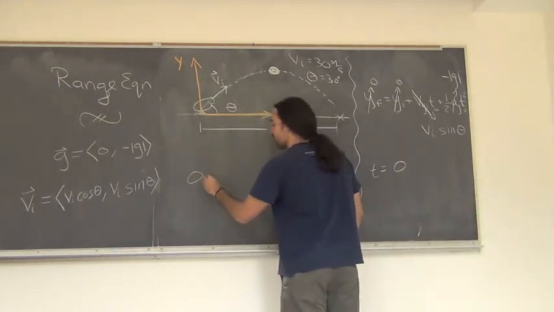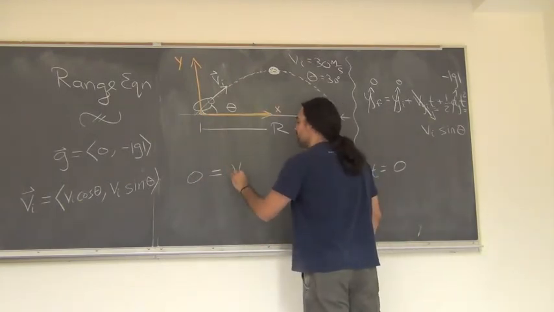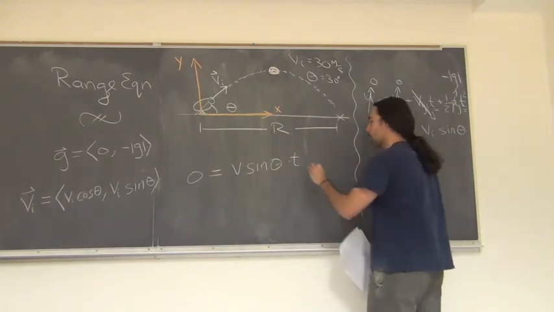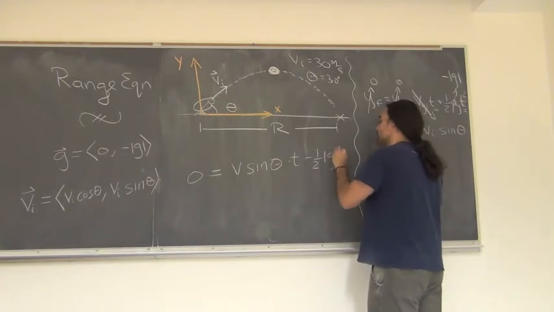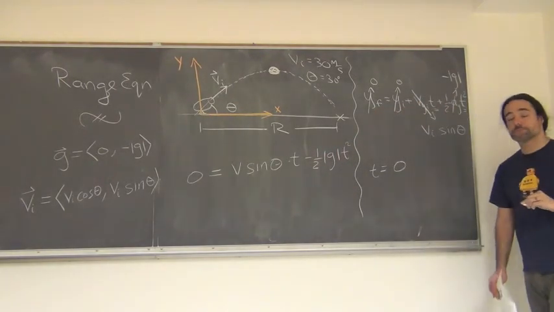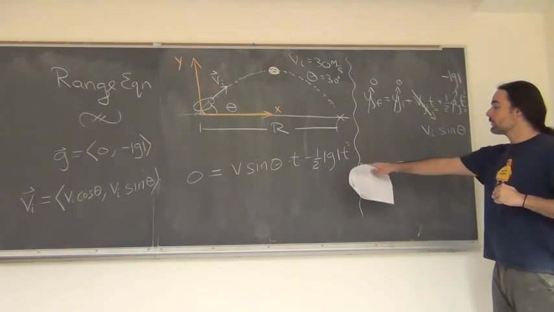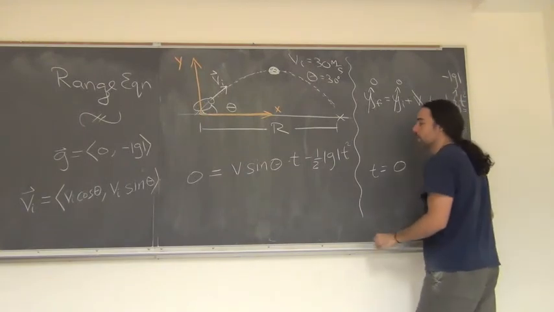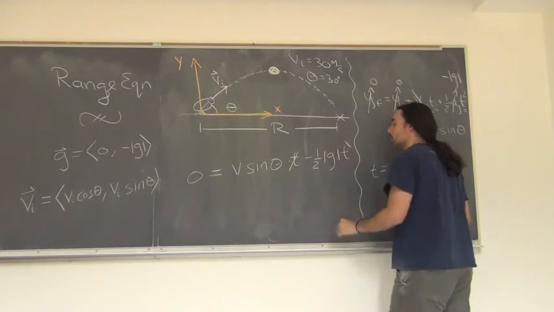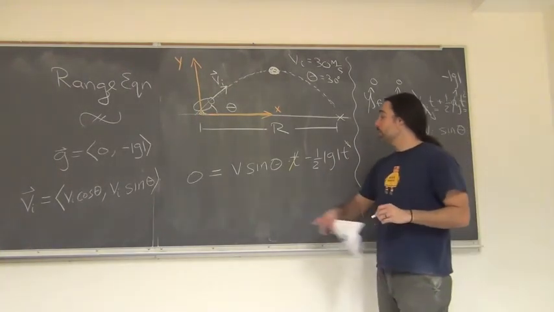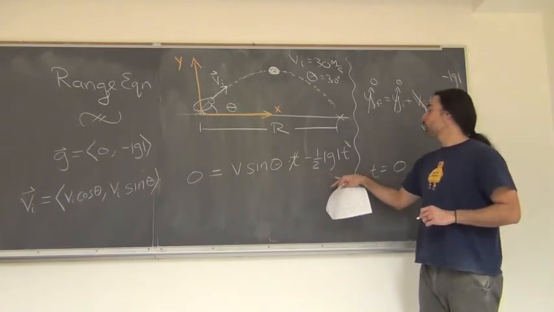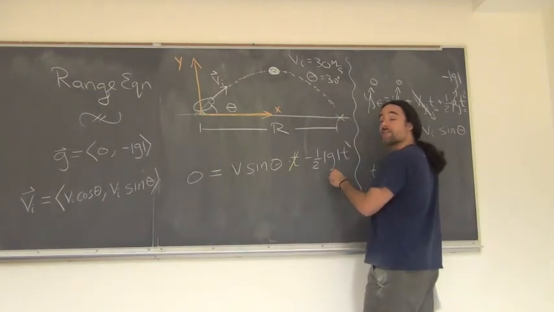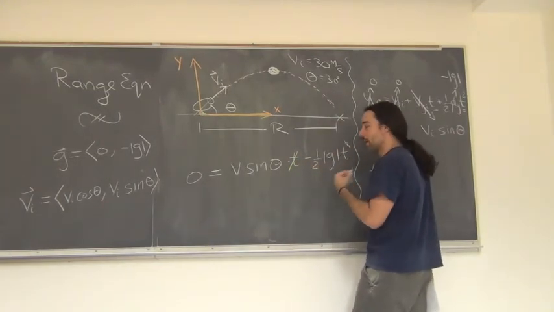So if I plug in numbers here, you'll get 0 equals v sine theta times t minus 1/2 absolute value gt squared. So if we factor out 1t, that's how we get the t equals 0 solution. So let's factor out that t. So just divide through by t, and we're left with 0 equals v sine theta minus 1/2 magnitude of g times t. I solve for that t by moving the 1/2 gt to the other side and dividing through by 1/2 g,